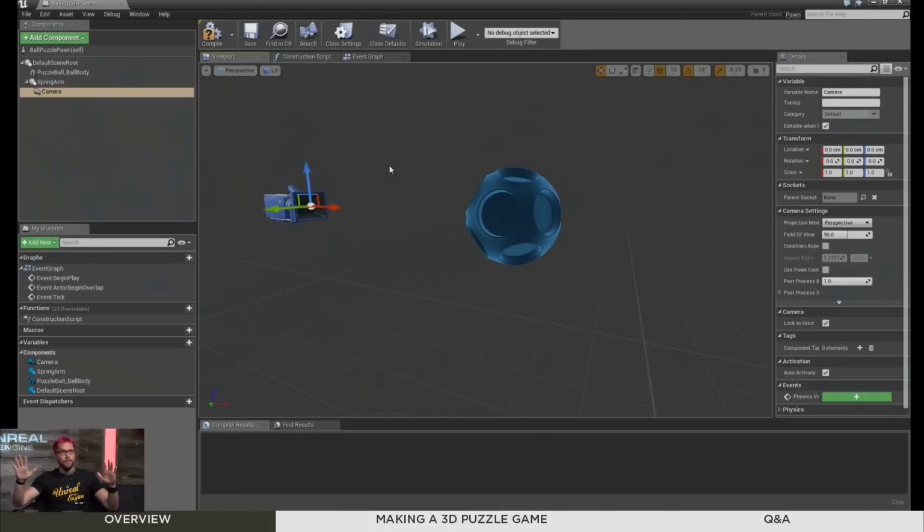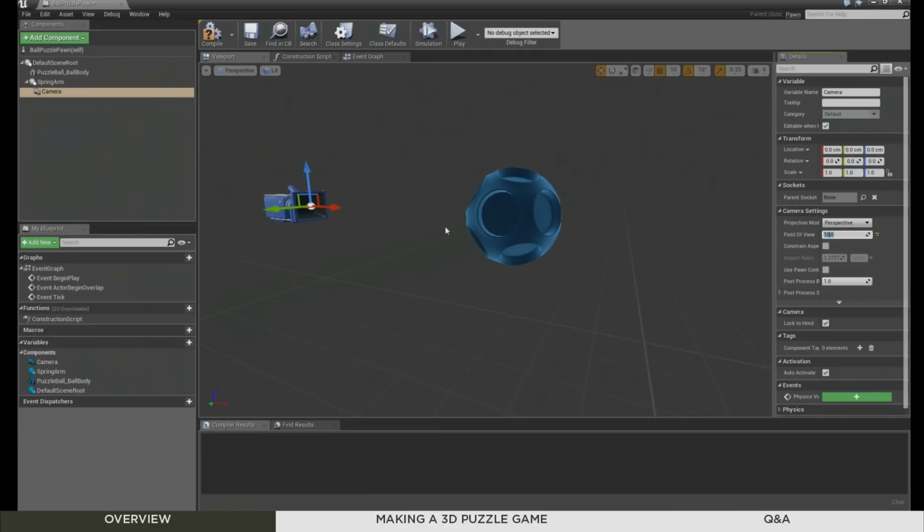The default field of view of the camera, which is like 90 degrees, adds a lot of depth to the ball, which is great, but if we can remove some of that depth, it becomes easier for the player to be able to see more of the buttons at once. So what we're going to do is take the field of view of this camera and pull it down to 10, and then we need to slide the camera back by some amount to figure out where it should be